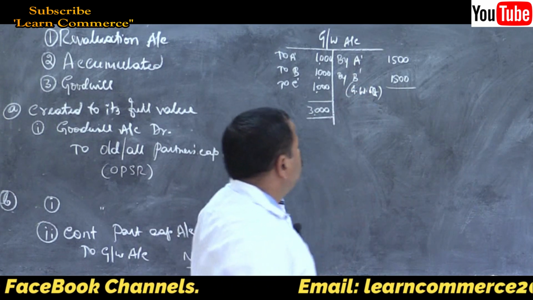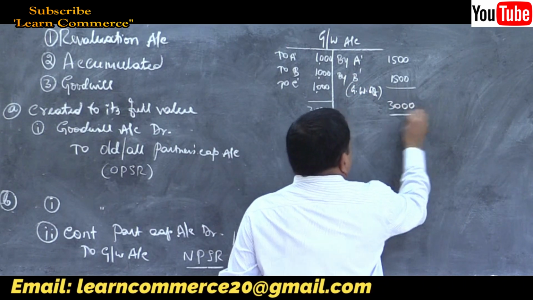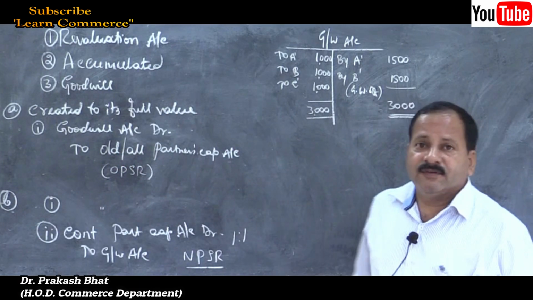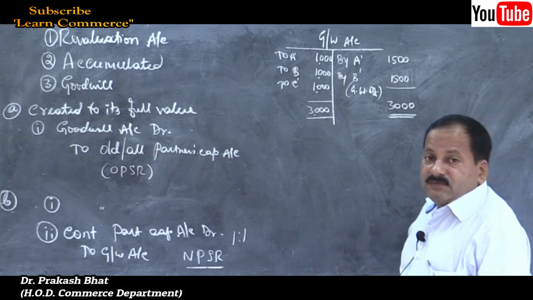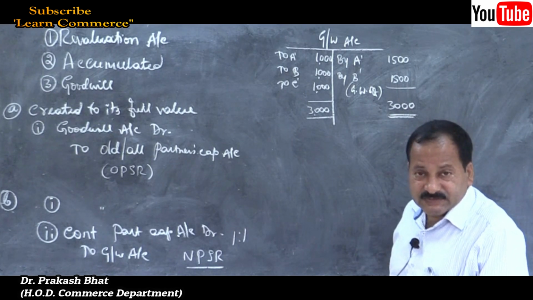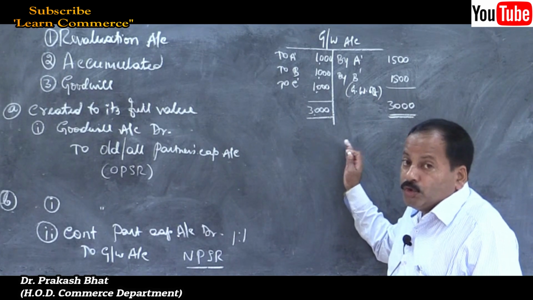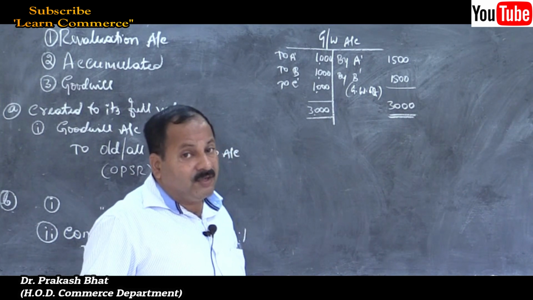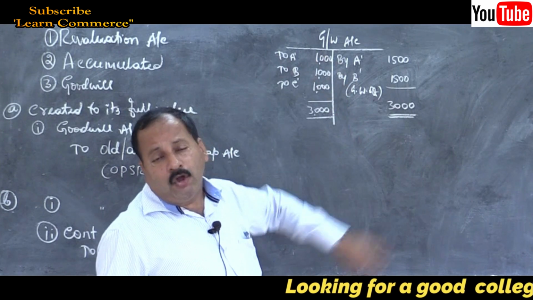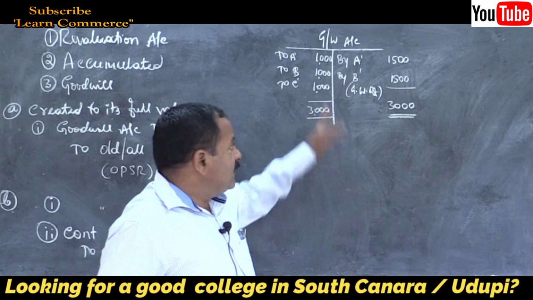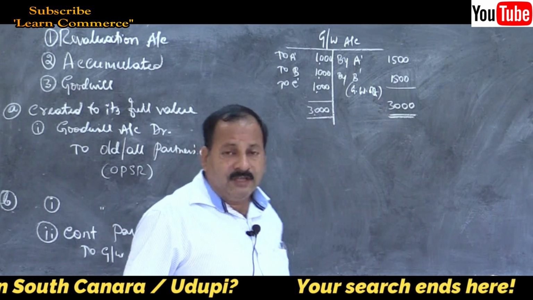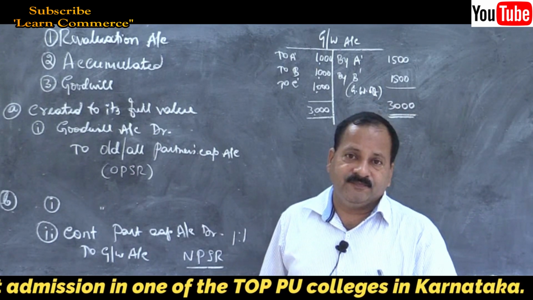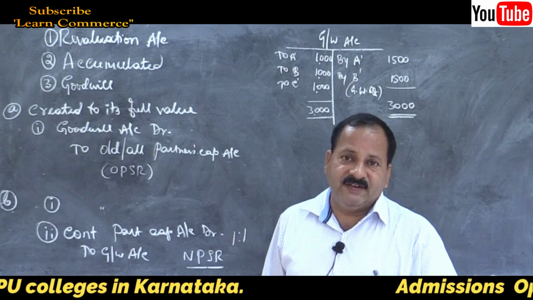Goodwill written off. Do you find any balance in goodwill account here? You just check. No, there is no balance in goodwill account, correct? So under the second method, goodwill will not appear in the balance sheet, because when you write off the goodwill, the account automatically gets closed. When you pass entries on both sides, there will not be any balance in goodwill account. So goodwill will not appear in the balance sheet. So these are the first two methods. Understood this?